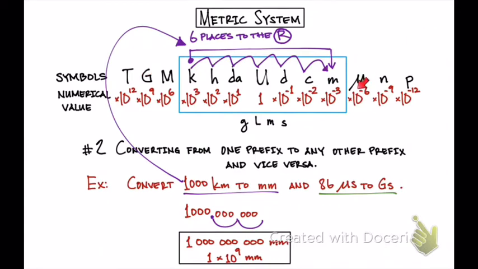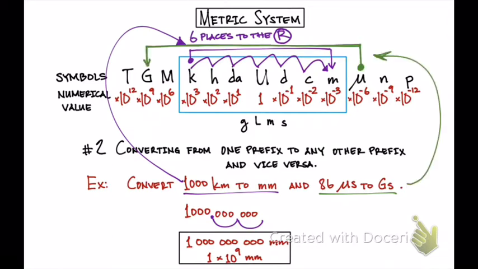So we're outside the blue box, so entering the box takes 3 steps. So that's 3, 4, 5, 6, 7, 8, 9, and then it increases by 3, so that's 9 plus 3 is 12, and then another 3, 15. So we're moving the decimal